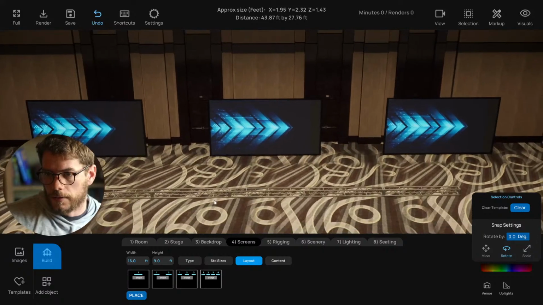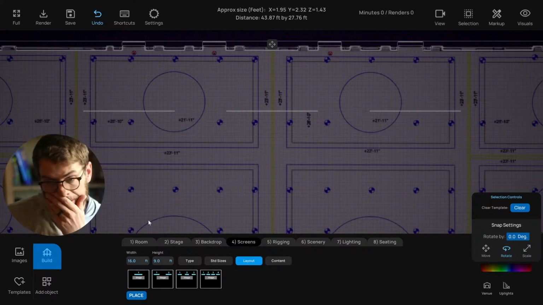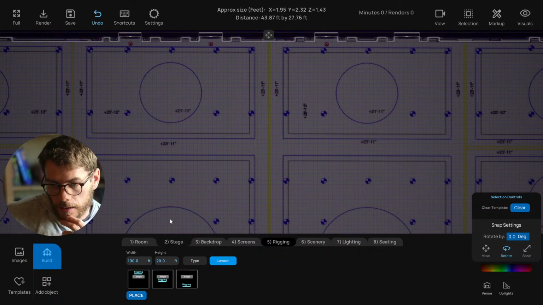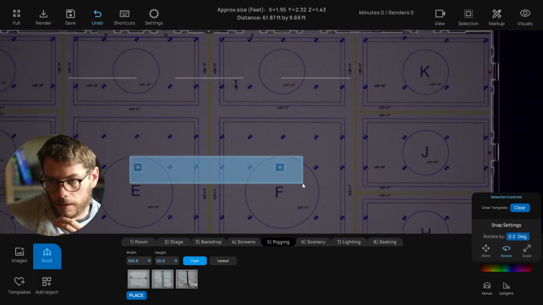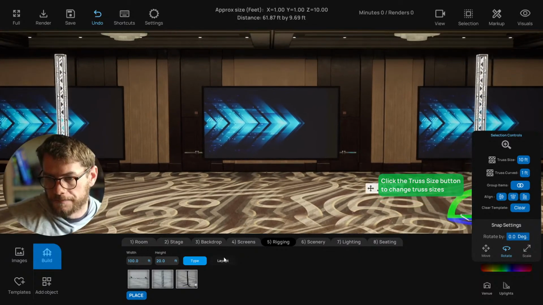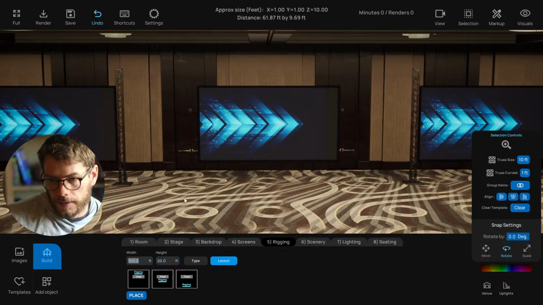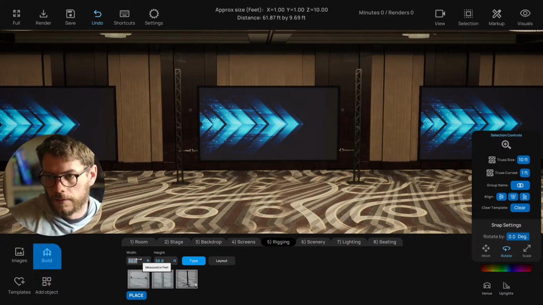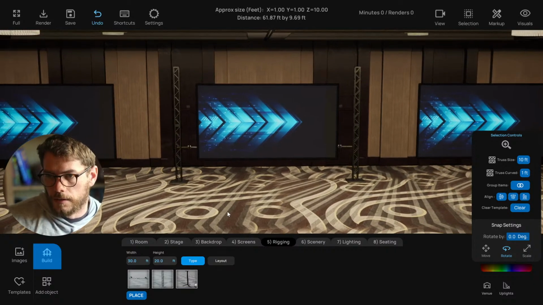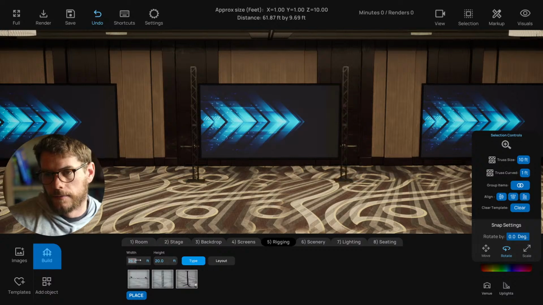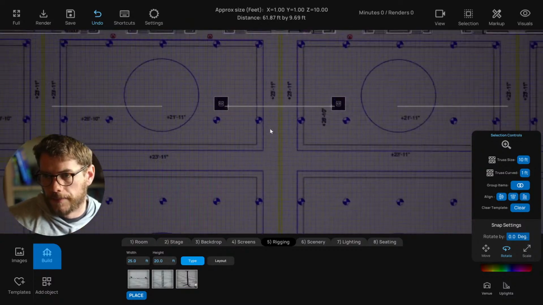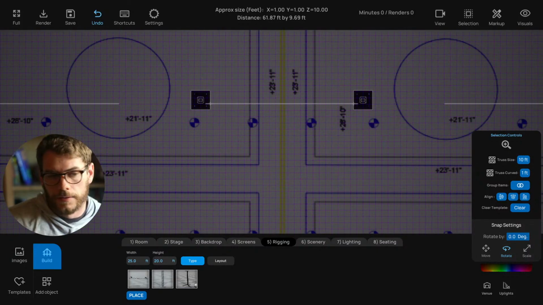All right, so what I want to do is create these enclosures around these screens here. So I'm going to go to rigging here and type. I'm going to do some uprights. Basically, you can see them right here, and we'll set them like 30 feet. Yeah, maybe something like this. So it'd be 25 feet. Let's see. Yeah, maybe something like this. I'm just playing with this. We'll see how it goes. And